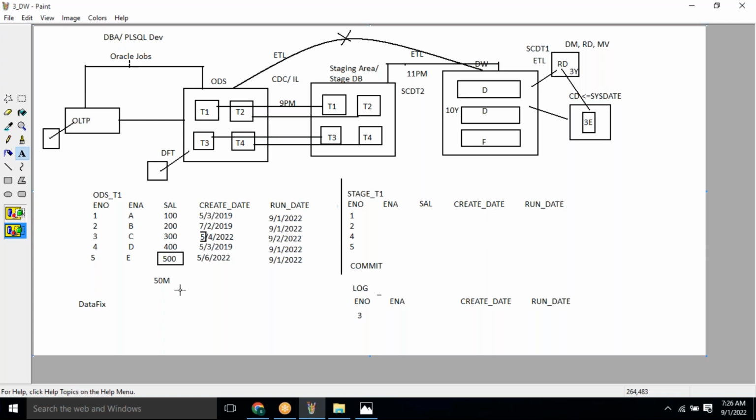Okay, so tomorrow when our Informatica mapping is executed between ODS to stage T1 table, how many records will be extracted from the ODS T1 table? Is it going to extract all the 5 records or only one record? Only one record. So tomorrow we have run date equal to system date. So if run date is system date, September 2nd, we have only one record, only that record